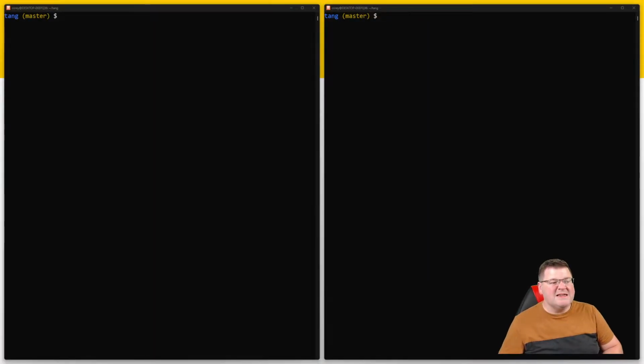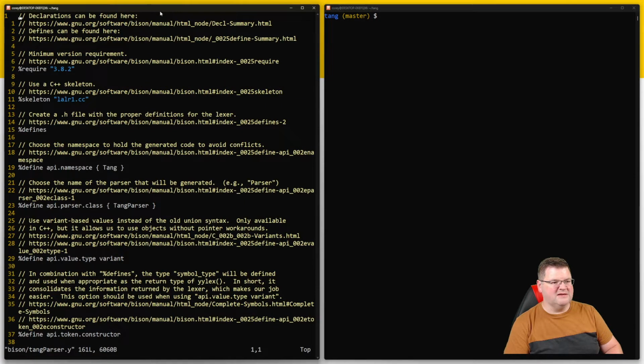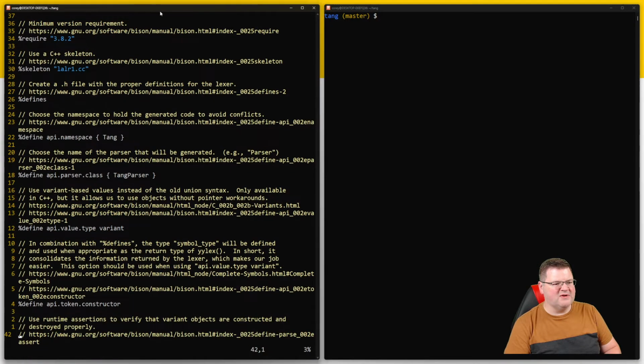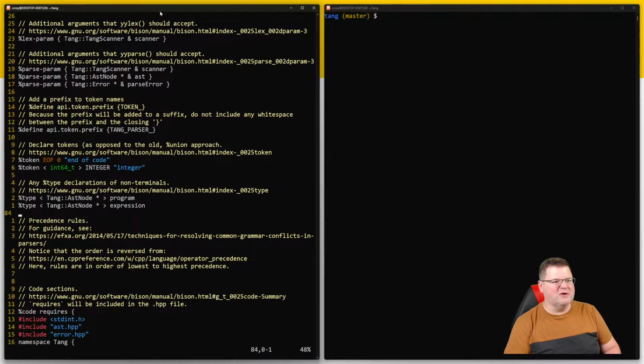The first place we're going to go is Bison and Flex. Let's just open Flex, our scanner, and also open Bison, our parser. And again, there's all sorts of documentation here, but what we're going to look at is our tokens. And this one here,